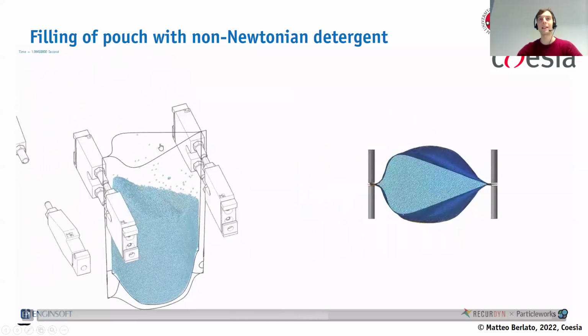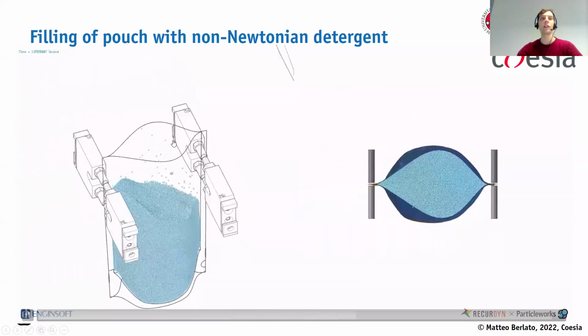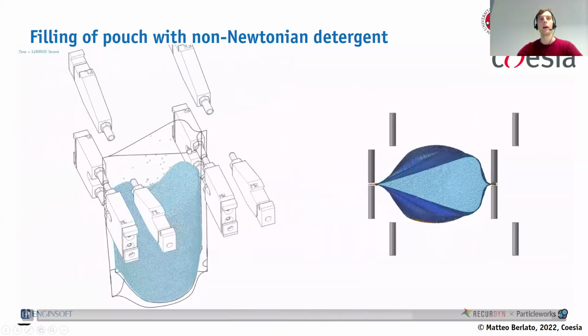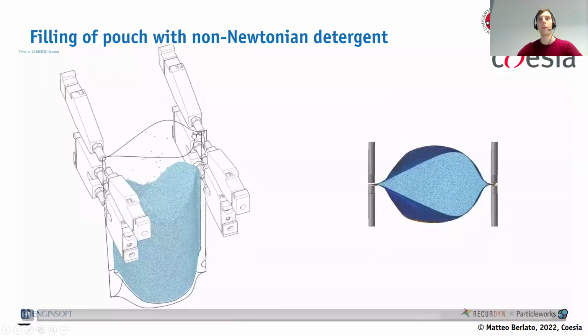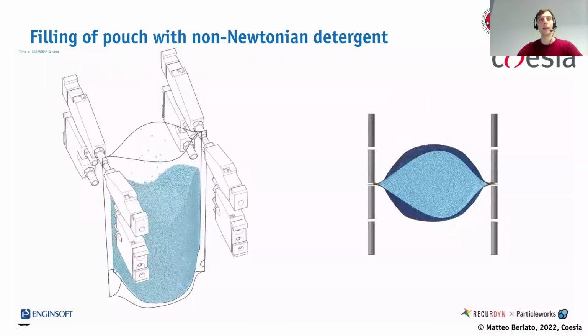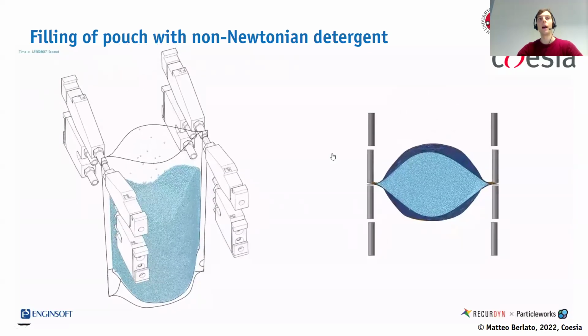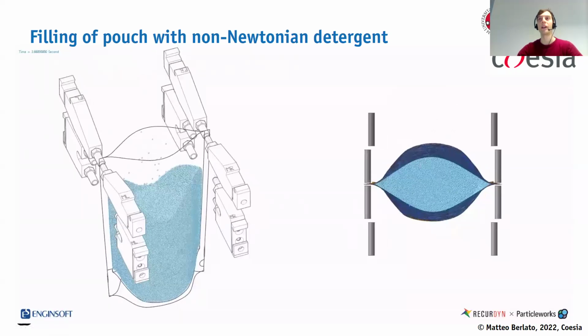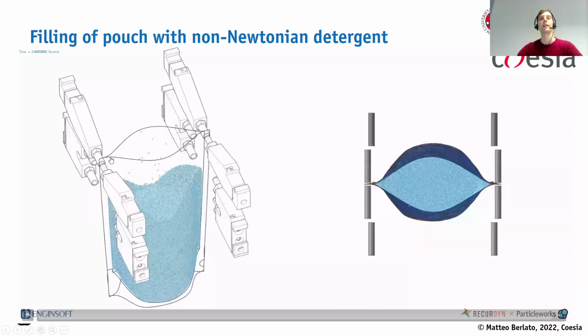You can clearly see the sloshing of the detergent and the effect on the flexible pouch. And then, and this was all done in a simulation in 1 week without very many complexities in terms of handling of boundary conditions. And you can see that also the closing stage is